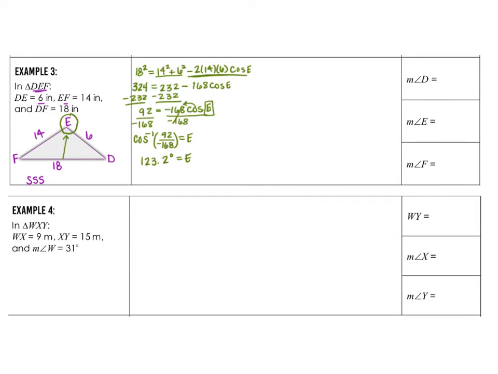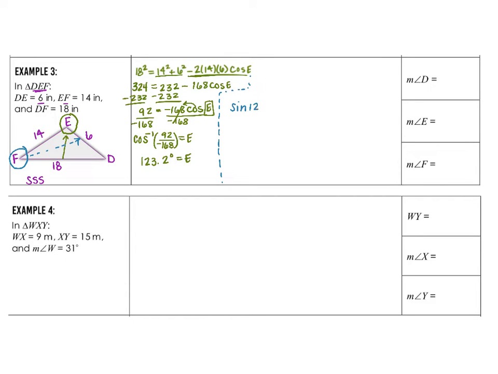Now that we have angle E, then we have really where we can set up our law of sines, because we have a side and an angle to match. So let's see, we can go ahead and I would find the next largest angle, and that's probably going to be, well, we can find, no, let's find the smallest. And again, that's going to keep us from having all these strange cases that we don't want. So to go to finding the smallest, then again, we're going to set up the same law of sines that we did earlier. We're going to say sine